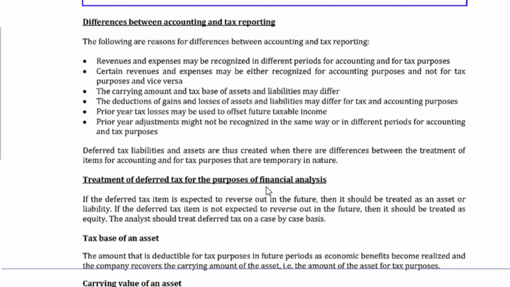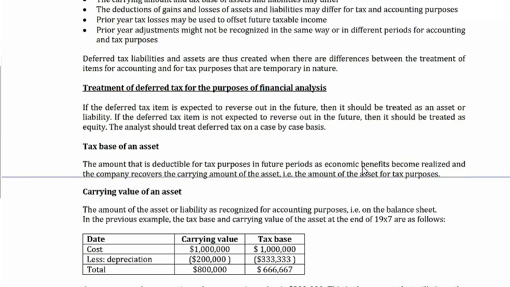In other words, we look at what the balance sheet balances are between the two items. Now look very carefully: what do the accountants call their balance sheet items? It's always called a carrying value. What does the tax man call their items on their balance sheet? If they had a balance sheet, what would they call theirs? Well, they call that